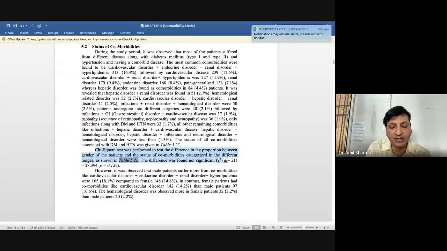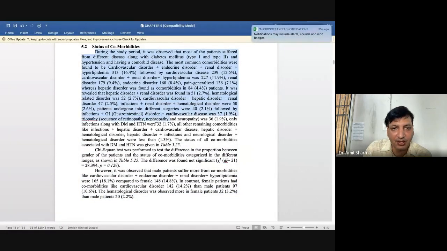You can see that a chi-square test was performed to find out the difference. It means status of comorbidity was compared with some other variable, might be gender of the patient, or whether the patient was admitted from the emergency ward or from the OPD ward, something like that. Clear? So whenever you are writing results, it should contain both, starting with the description.